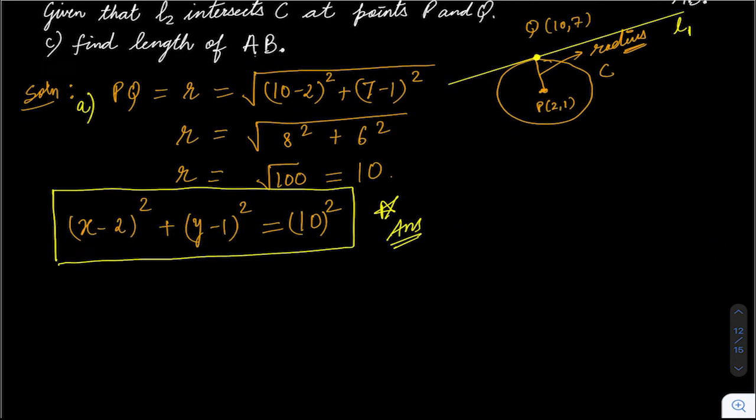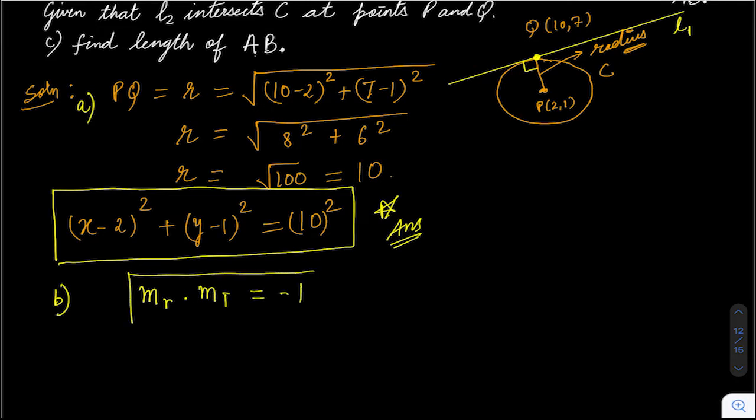Now this is new, that is, the tangent. How to find the tangent? The property we use here is very simple. We know that the radius and this tangent are perpendicular. When two lines are perpendicular, their gradient product should be minus 1, or the gradient of one is the negative reciprocal of the other, same thing. That is what we are going to use. This is very important: in every tangent question you have to use this. So let's see how we can use it.